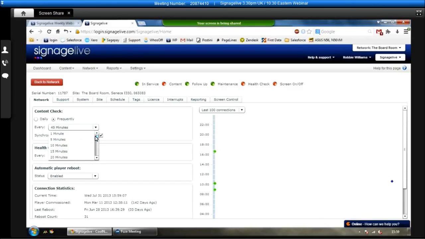Now in here we can choose how often the content checks are happening. So if we wanted to choose them to be happening every 1 minute, 5 minutes, 10 minutes, we can set all that up within here, right up to every 24 hours within the day. The other option is to have it happen at a certain time in the day. So if you wanted to have it happen at 10 to 6 every night,